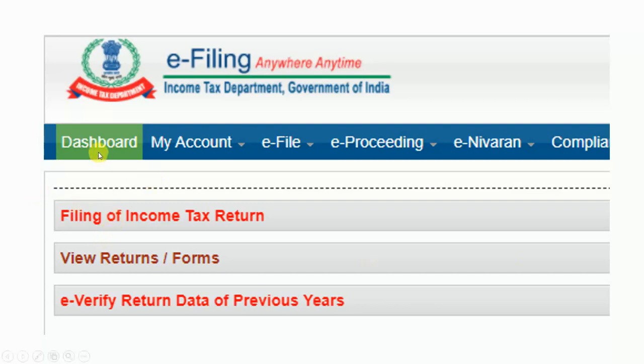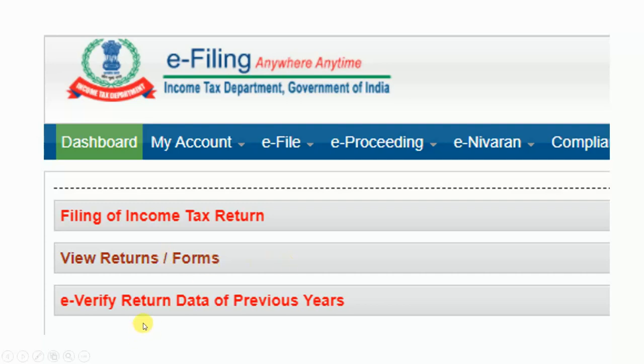The dashboard screen will show like this: filing of income tax return, view return and e-verification. The view return form, that is the second option, is to view the previously filed forms, that is IT returns details and the relevant forms.